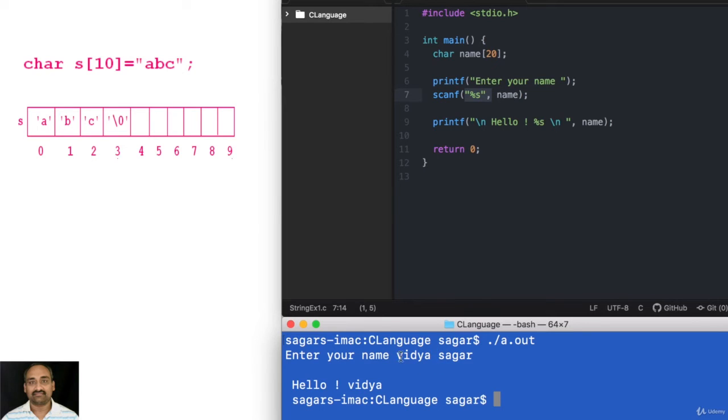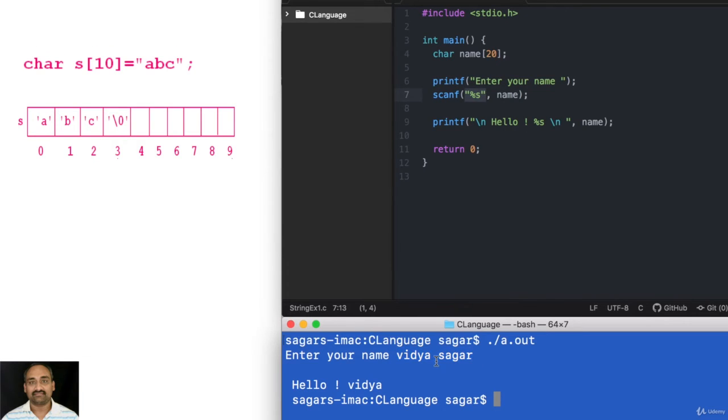The first string entered is Vidya, and this terminated the scanf because the value was read and the rest was ignored. That is the reason why, when you are using scanf, you cannot read content with spaces.